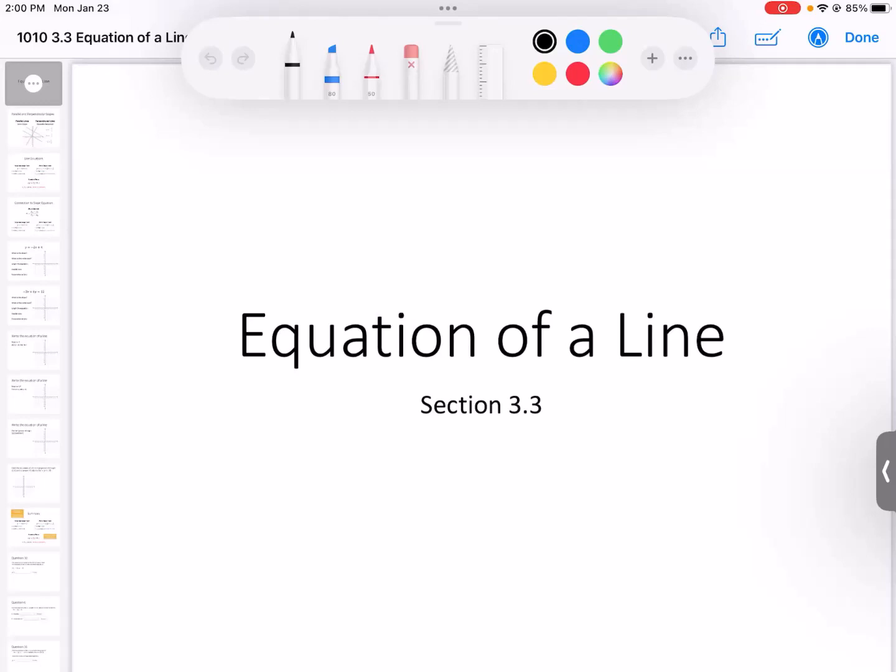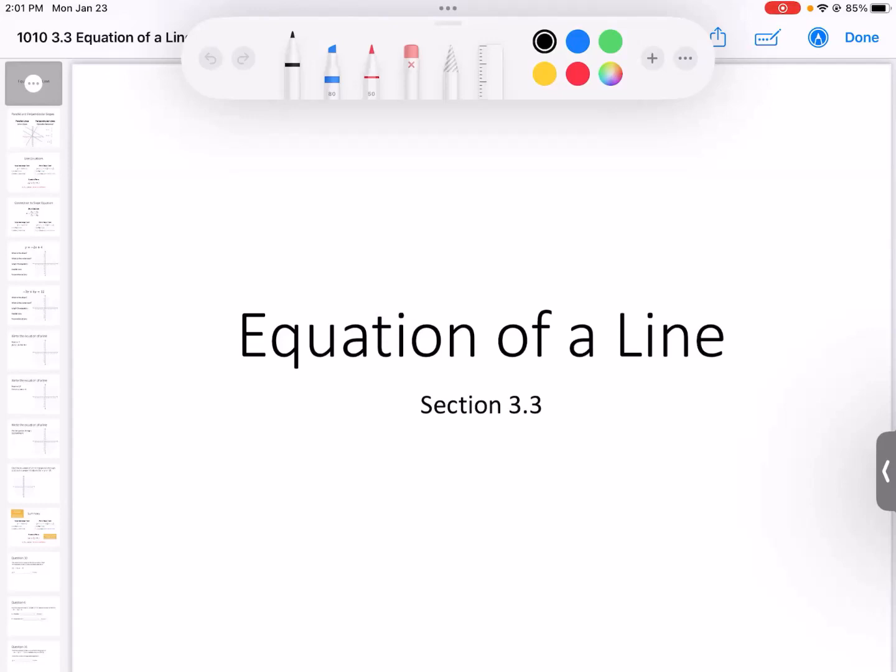So our lesson today is section 3.3, which is about finding the equations for lines. In 3.1, we talked about how lines are used to represent solutions to equations that have two variables, because there's always going to be an infinite number of solutions when you have equations with two variables. So we use lines to represent those solutions. And yesterday we talked about the slopes of lines, and today we're going to talk about how to write the